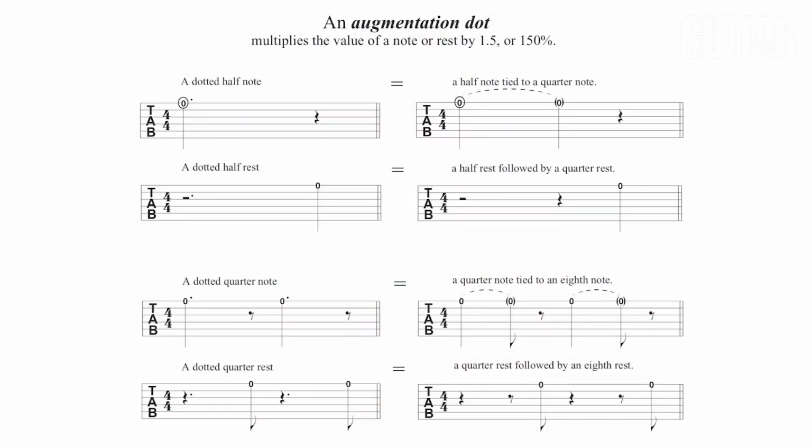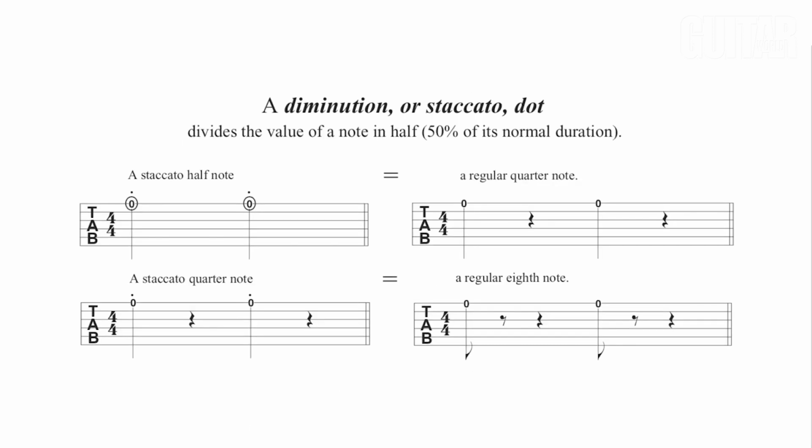Last time, we saw how an augmentation dot placed after a note or rest increases its value or duration by 50%. We also learned that its opposite, the diminution dot, also known as the staccato dot, placed directly above or below a note or tab number, decreases its duration or sustain by 50%. Both kinds of dots can be used in some cases to render a simpler, less cluttered visual representation of a